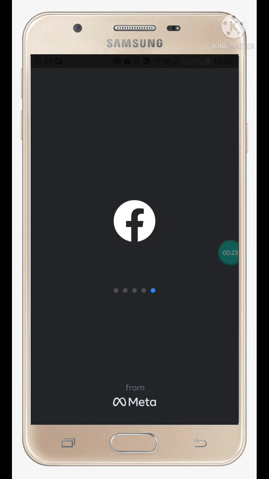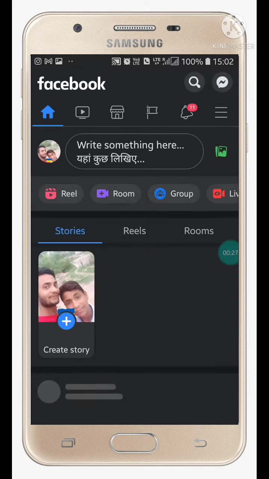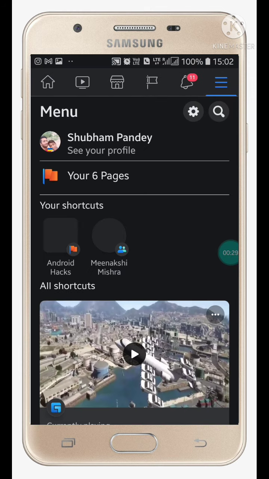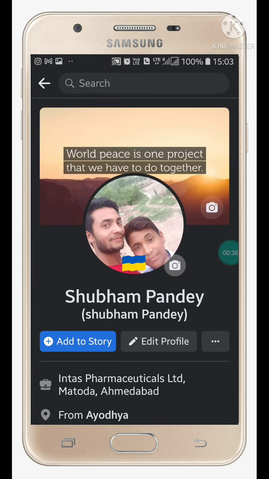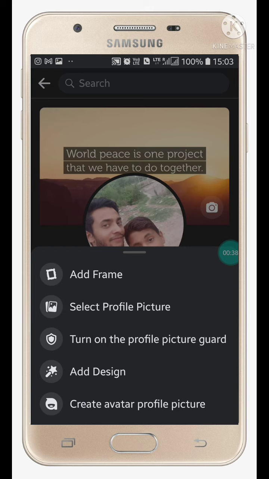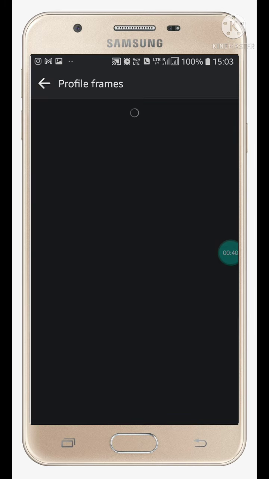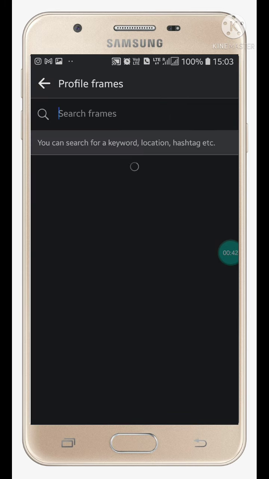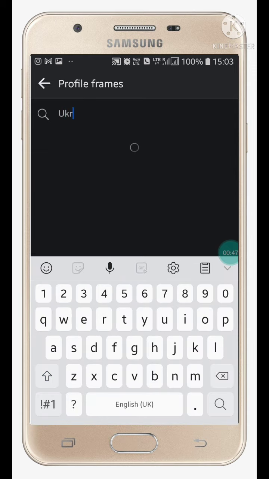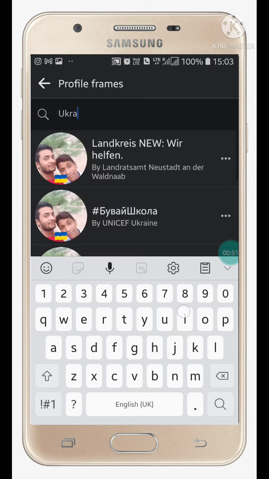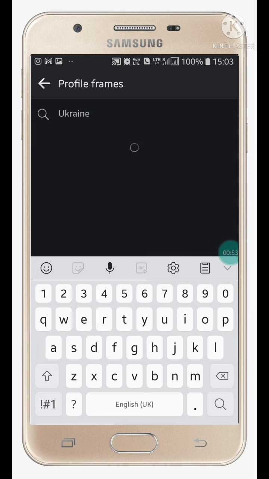Now you have to click on this button, and then see your profile. Click on see your profile, then click on this camera button and click on add frame. Now here you have to type something different: Ukraine flag. Okay,